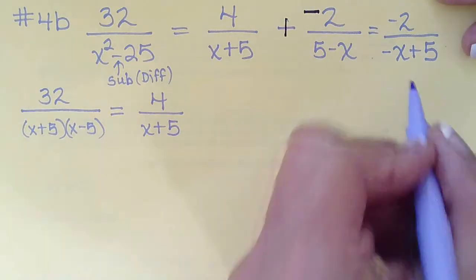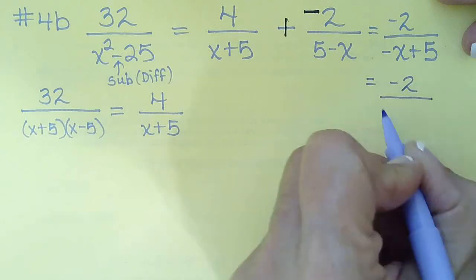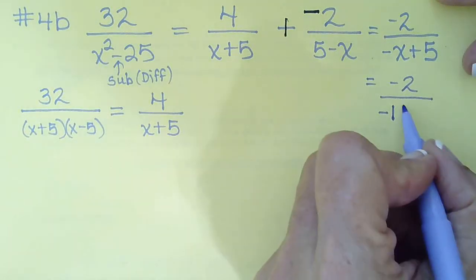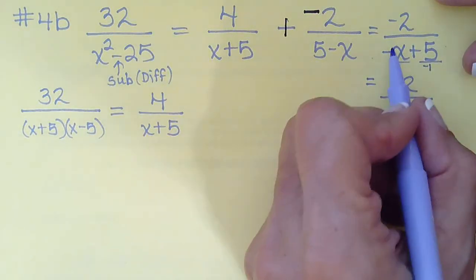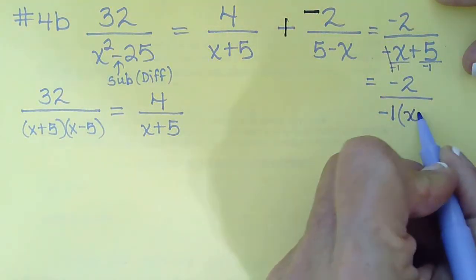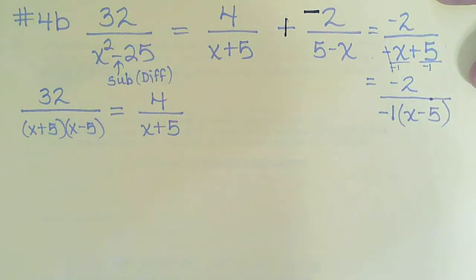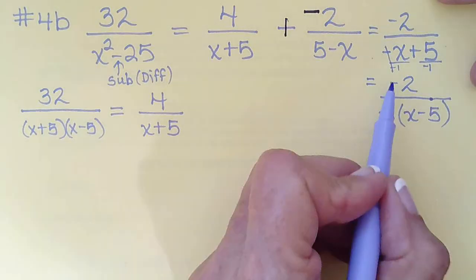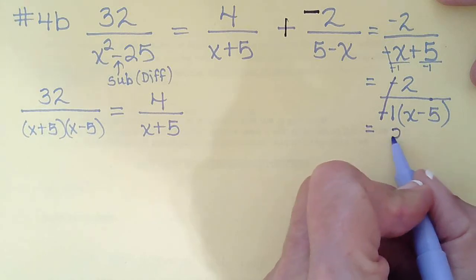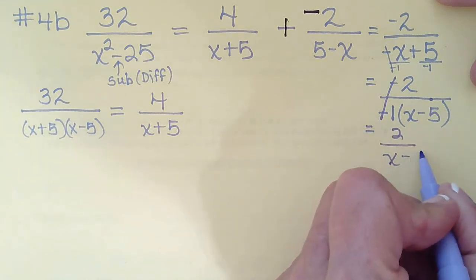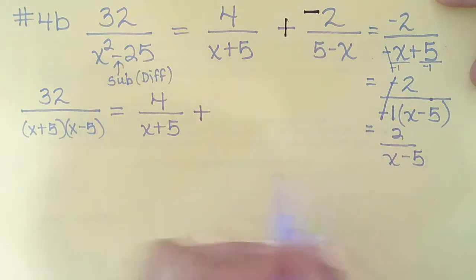Well, then we learned that with that type of problem, we don't want a negative in front, so we have to take a negative out. Divide each term by negative 1, like we learned in chapter 4, and we get positive x minus 5. So do you all see that that simplifies? Double negative, positive. So this is really just 2 over x minus 5. So that's a plus sign. We got rid of the negative, so it's just